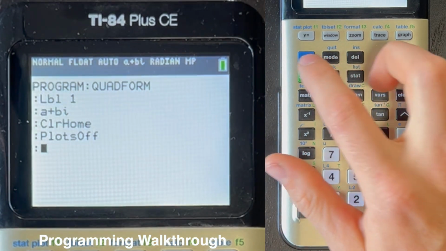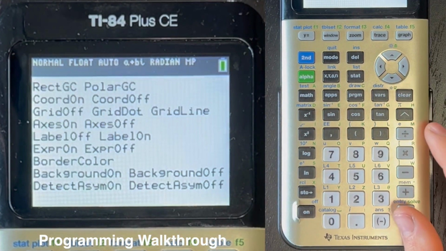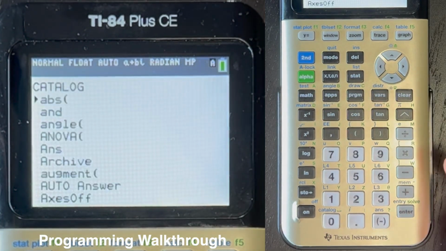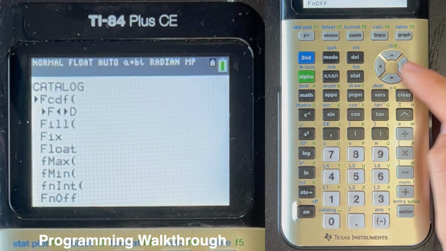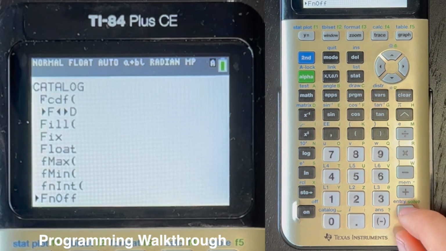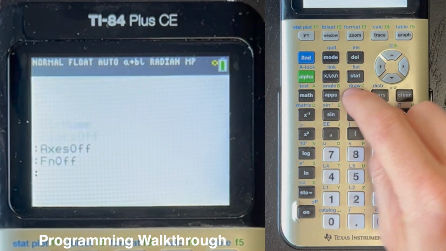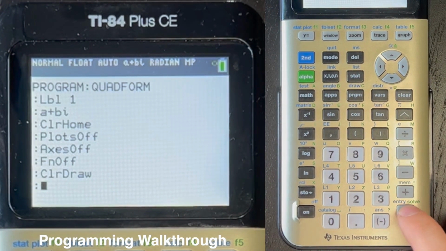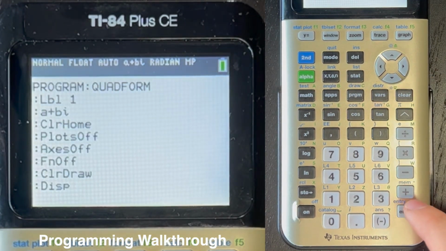Press enter for a new line, then press second zoom for format, scroll down to select axes off, then press enter, then press second 0 to get to the catalog, and press cosine, which corresponds to F, and that'll jump you down on the list, and then scroll to FN off and press enter, then press enter again, and then second program, and select the first option, clear draw, enter, then press enter again, and program, and select disp, and then open parentheses,